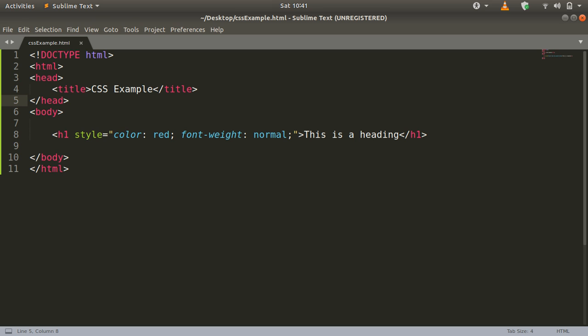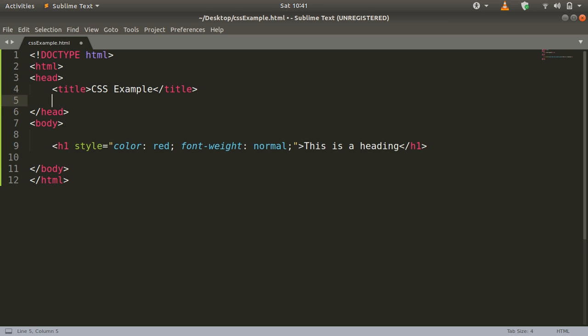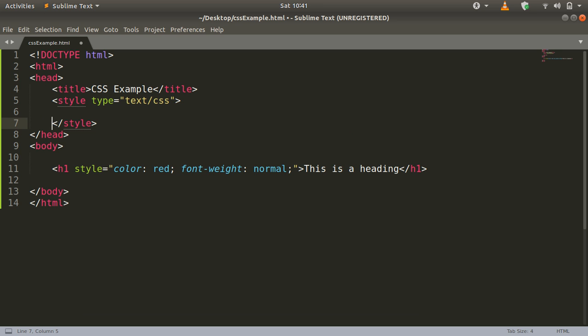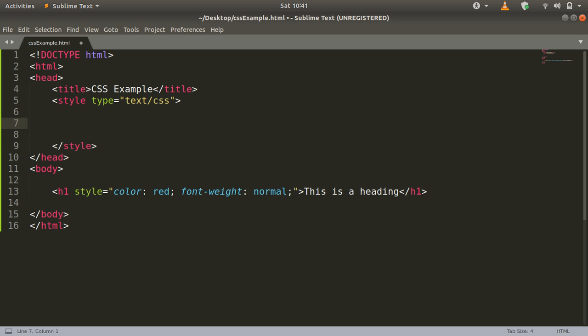The next type of CSS is the internal CSS, in which we basically write a style or define a set of rules inside of a style tag. So what we can do here is define a style element, and inside of that we can define our style. There are various selectors used for selecting the elements and attributes of the HTML. We are going to discuss it in the upcoming videos.